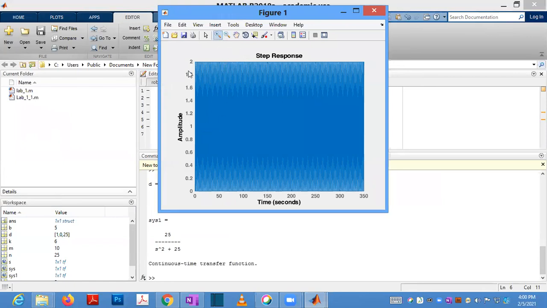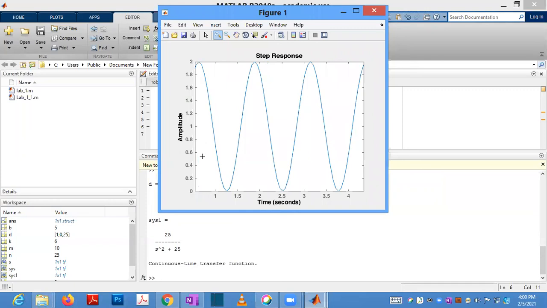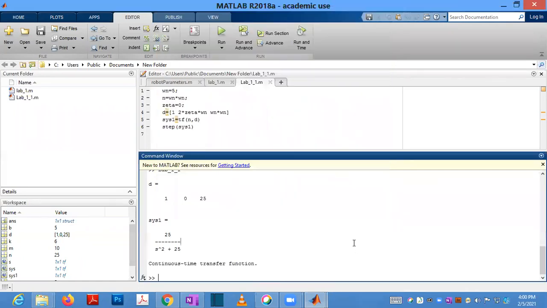You can zoom this much area. So it is going like this. If you are applying a step input, it is going to hit 2. This is called an undamped system because zeta is equal to 0.